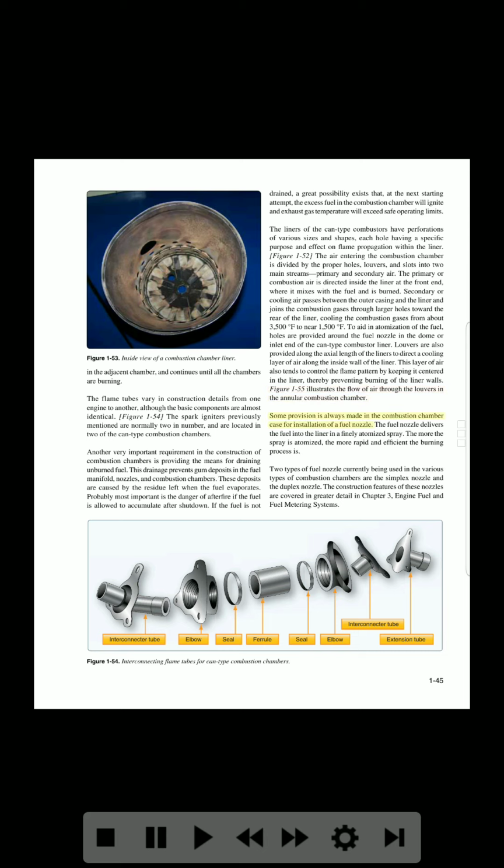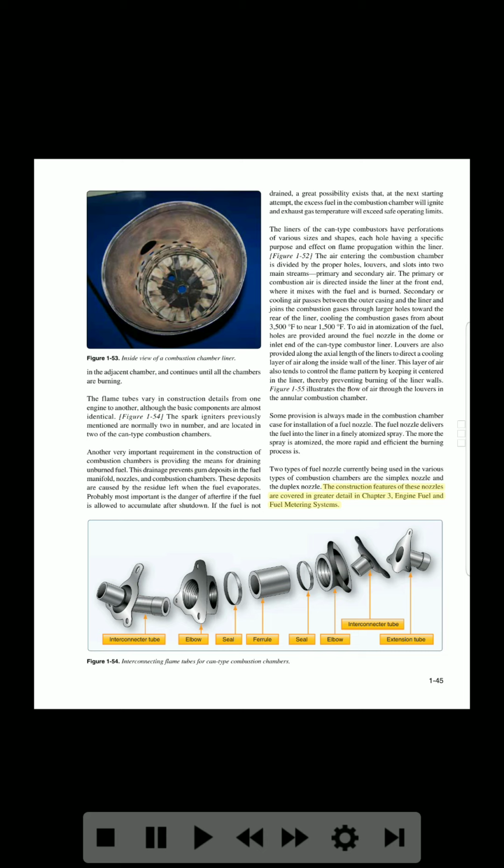Some provision is always made in the combustion chamber case for installation of a fuel nozzle. The fuel nozzle delivers the fuel into the liner in a finely atomized spray. The more the spray is atomized, the more rapid and efficient the burning process is. 2 types of fuel nozzle currently being used in the various types of combustion chambers are the simplex nozzle and the duplex nozzle. The construction features of these nozzles are covered in greater detail in Chapter 3,